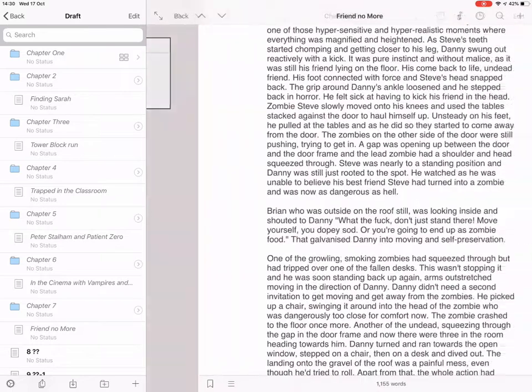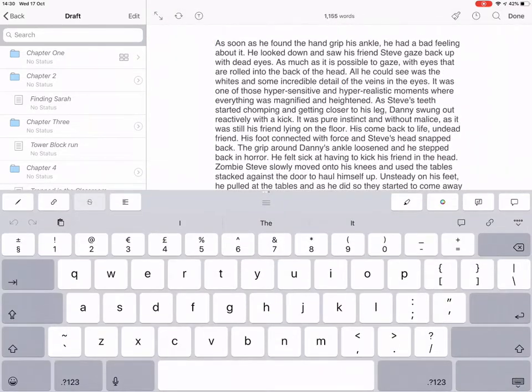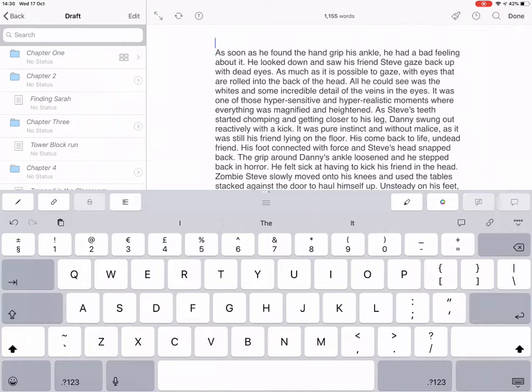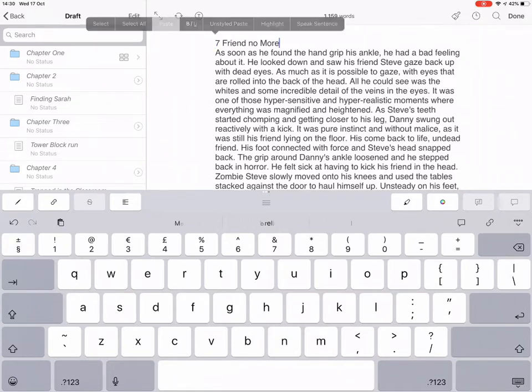Okay, so the next thing to do to finish the job off is to go into friend no more, tap on that one there, go to the top of this one here, and I'm going to press enter once, put the cursor in the right place, and then I'm going to paste in the stuff we cut from the other place, and we can get rid of friend no more,